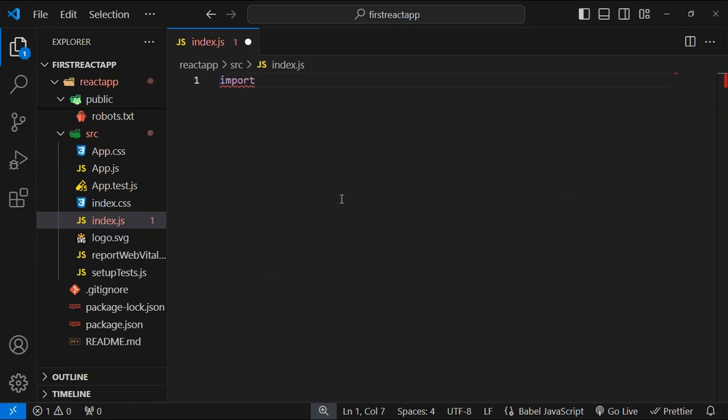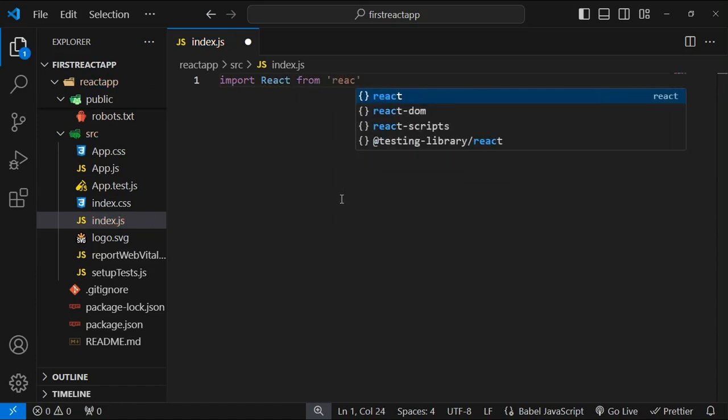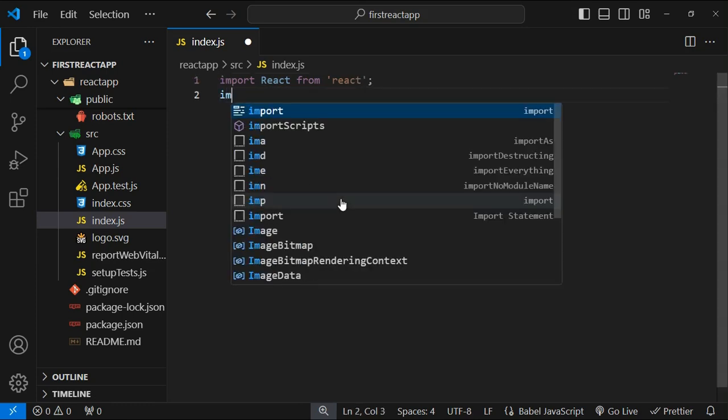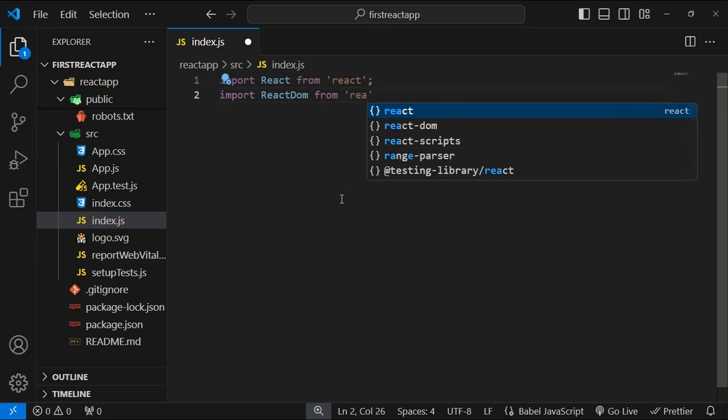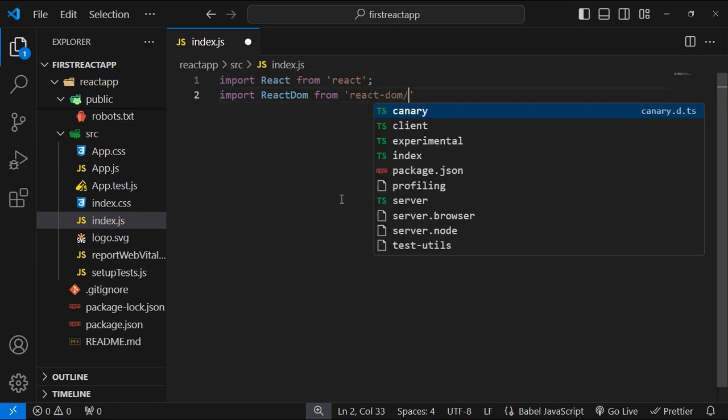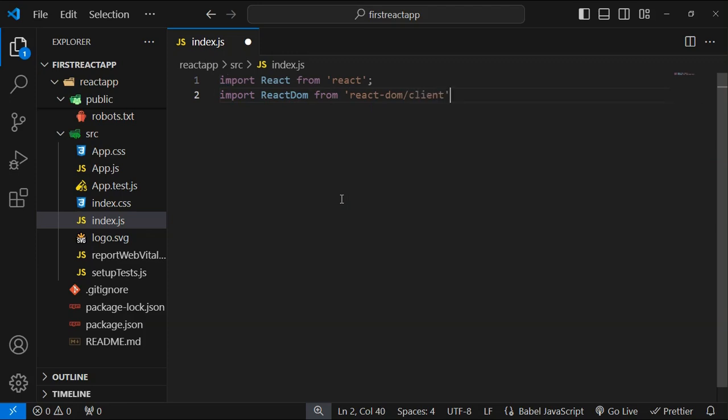Import React from React, and here import, I am writing React DOM from React DOM slash client,